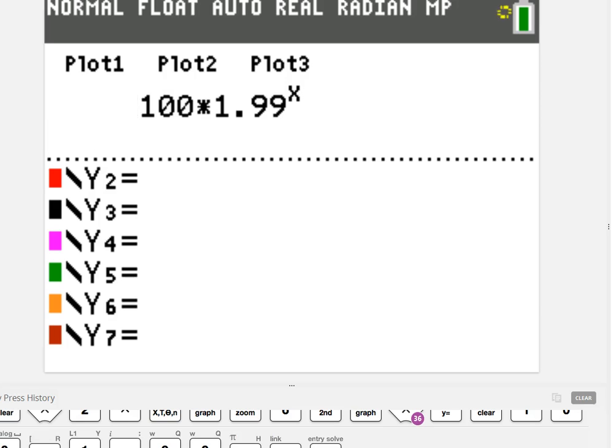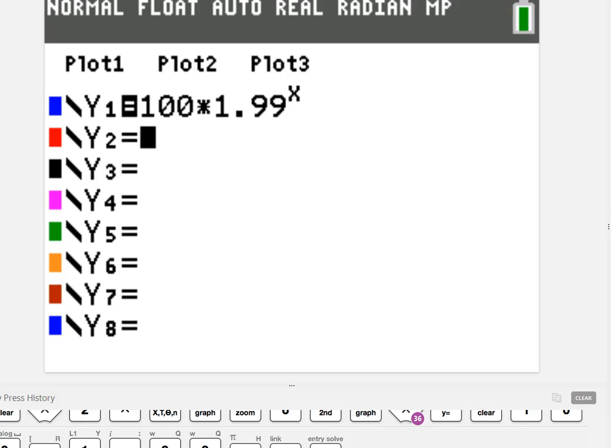And then we want to know when y equals what? 1,000. So I'm going to put in a second equation, y equals 1,000. Now since that's just y equals a number, it's going to be a horizontal line when we graph it, right? So we have our curve that's growth, and then we have our horizontal line. Now when I hit graph,